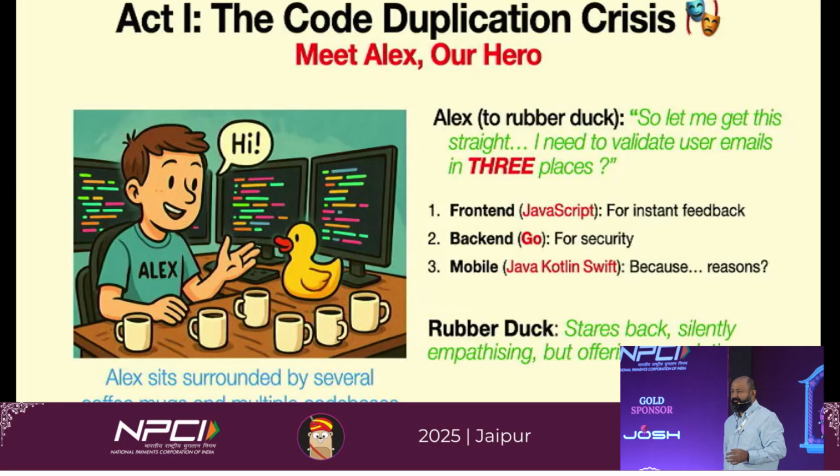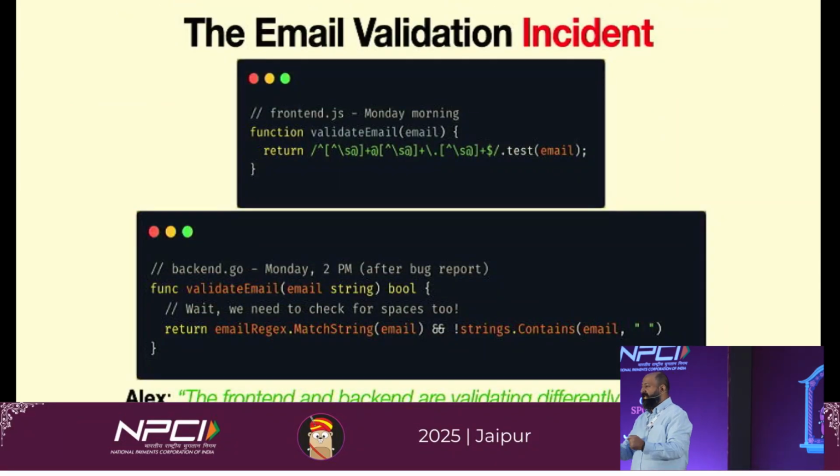So next, we come to the email validation incident that happened with Alex. You see basically 2 code snippets. I've obviously simplified them. On top you see the front-end code, the code that Alex wrote, not me. He wrote a simple email validation check that uses a regex to validate whether the email is in a correct